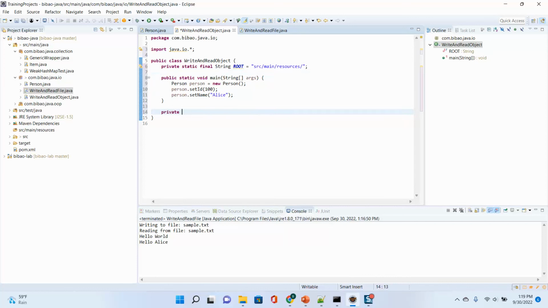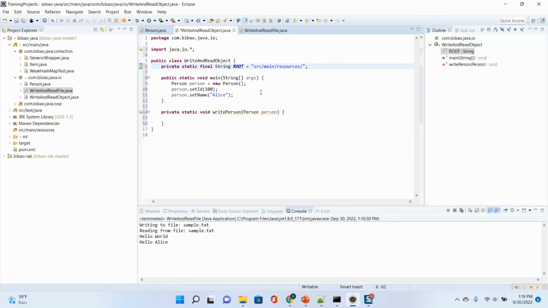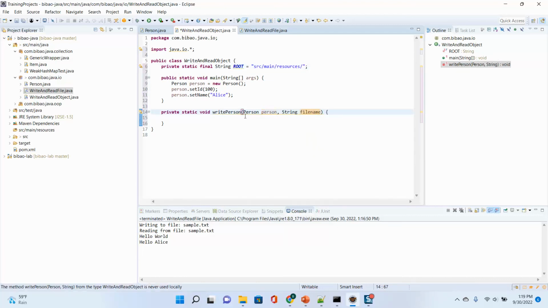Now, write person. I write a person here. I give a class name, file name. I use the uniform file name, private. Here, string file name. Okay. So I give a full file name. Full file name equal to root plus file name. Now,